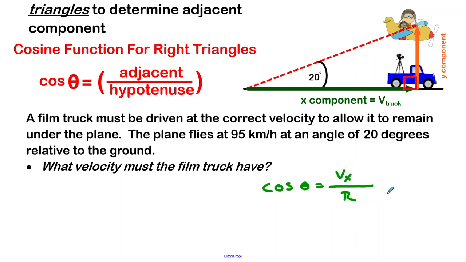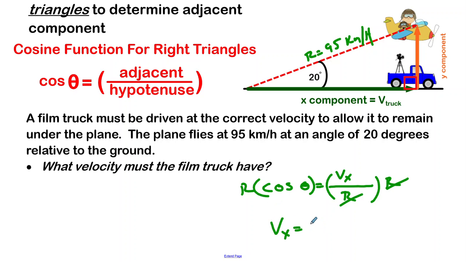So if I want Vx by itself, I just have to multiply both sides by r, the resultant, which they tell me is equal to 95 kilometers per hour. My r's cancel. Velocity in the x direction is r, so 95 kilometers per hour times the cosine of 20